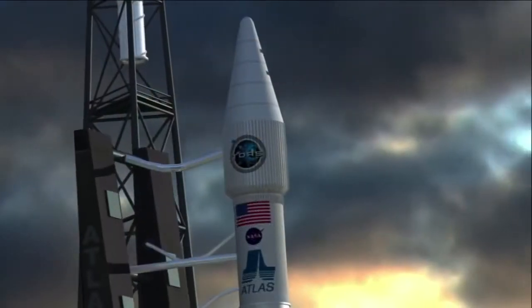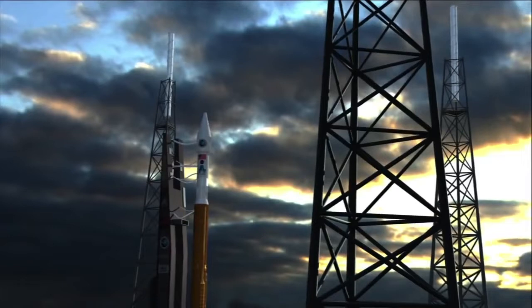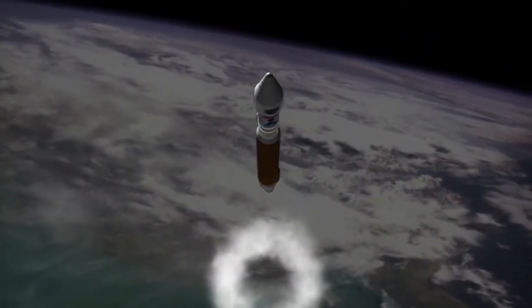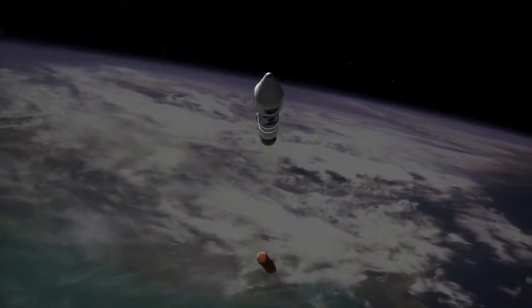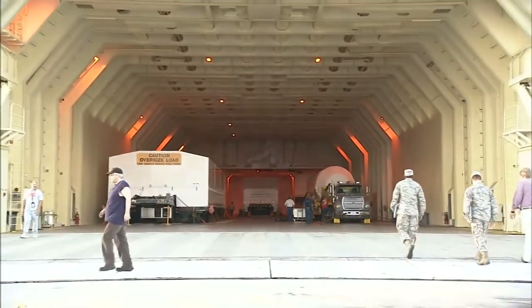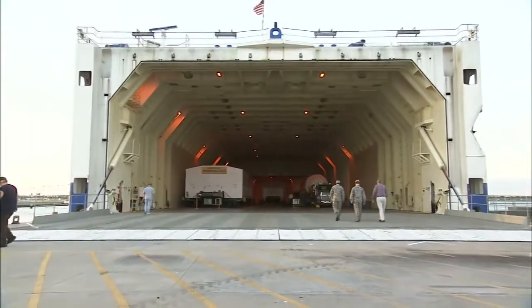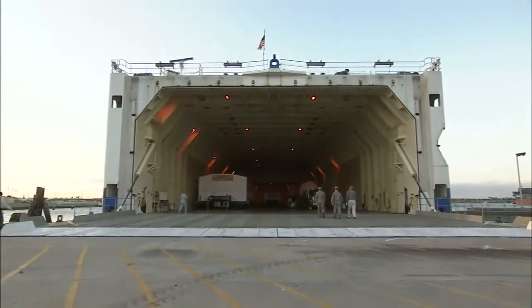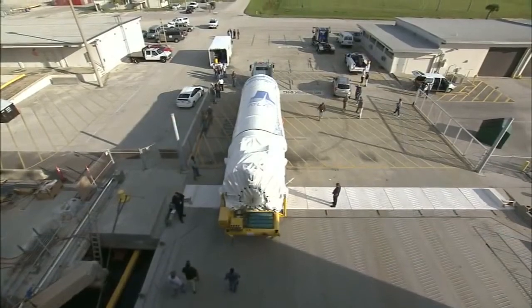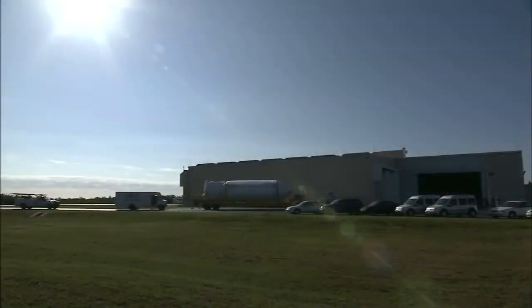A powerful two-stage Atlas V rocket built by United Launch Alliance will deliver TDRS-K into geosynchronous orbit more than 22,000 miles above Earth's surface. The rocket's Centaur upper stage arrived at Florida's Port Canaveral in October 2012 aboard ULA's Delta Mariner barge. From there, it was transported a few miles north to the Atlas Spaceflight Operations Center at Cape Canaveral